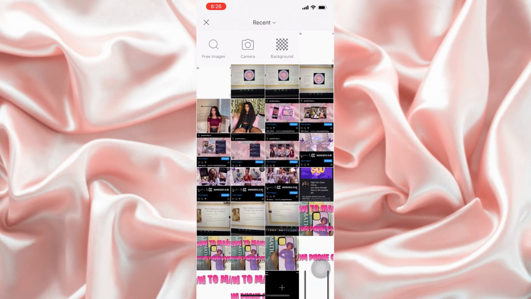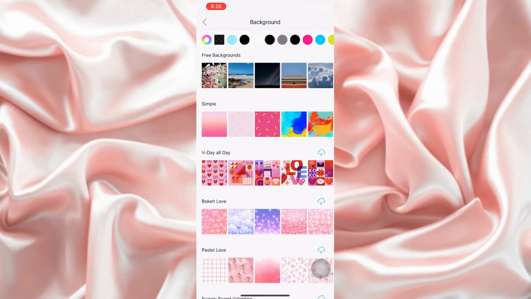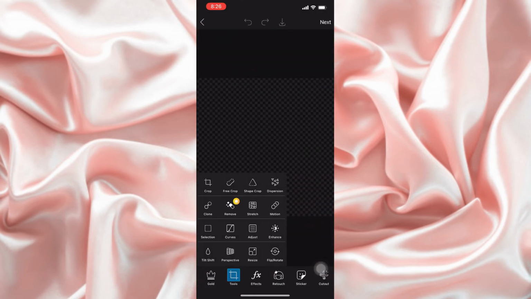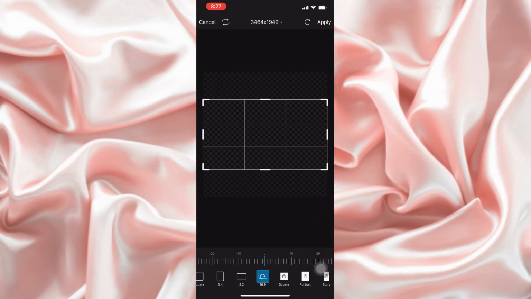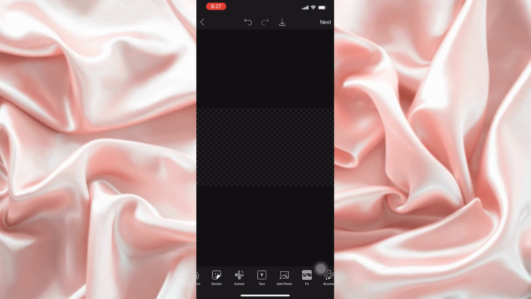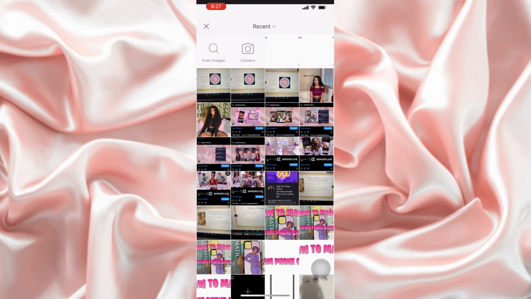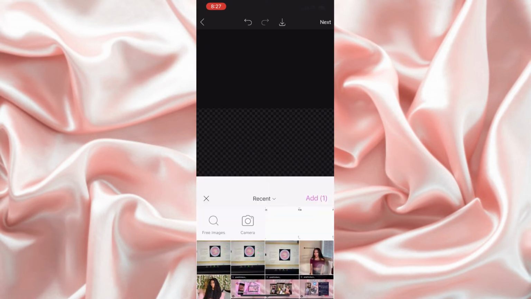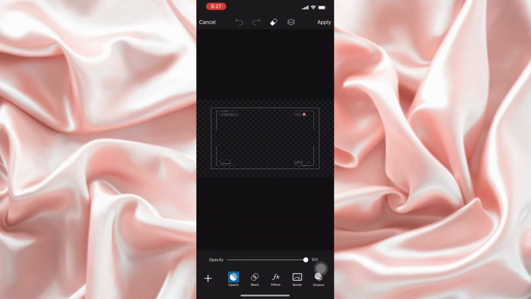Now I'm in PicsArt, and I'm going to make the background transparent, and then I'm going to edit that and crop that to 16:9 again, and then I'm going to go to add a photo, and then I'm going to add the photo of the recording screen that we just erased,